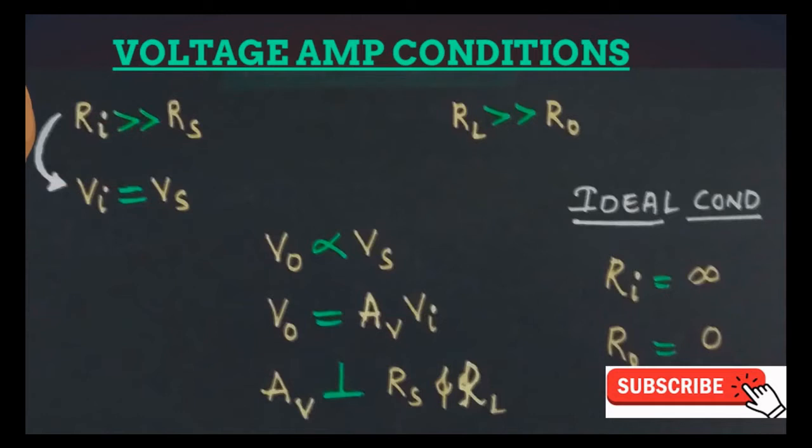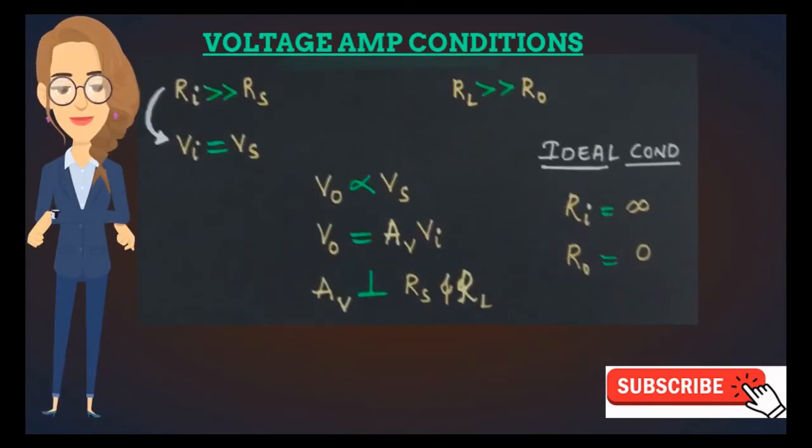If the amplifier input resistance Ri is large compared with the source resistance Rs, then amplifier input voltage is approximately equal to source voltage, and if the external load resistance RL is large compared with the output resistance R0, then output voltage of amplifier is approximately equal to the product of voltage gain and input voltage Vi. Such an amplifier circuit provides a voltage output proportional to the voltage input, and the proportionality factor does not depend on the magnitudes of source and load resistances.